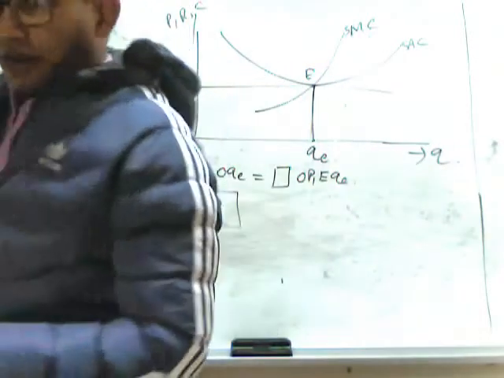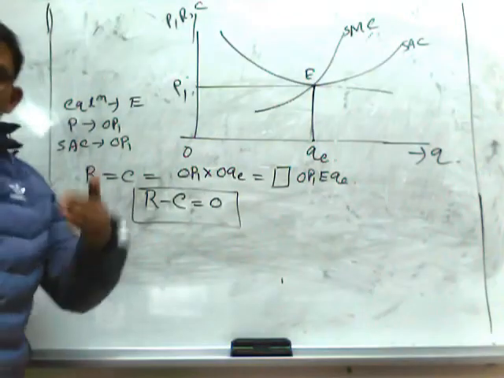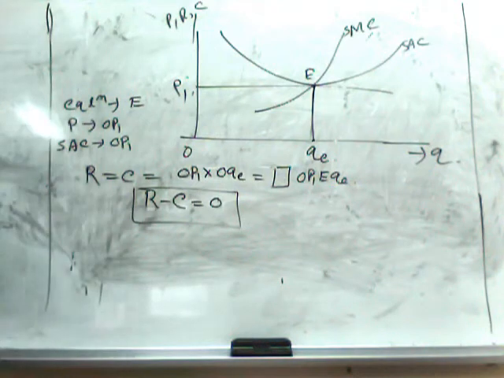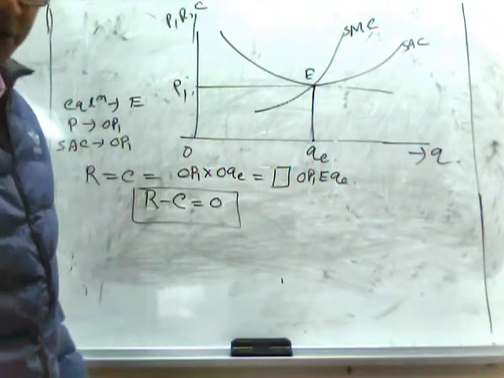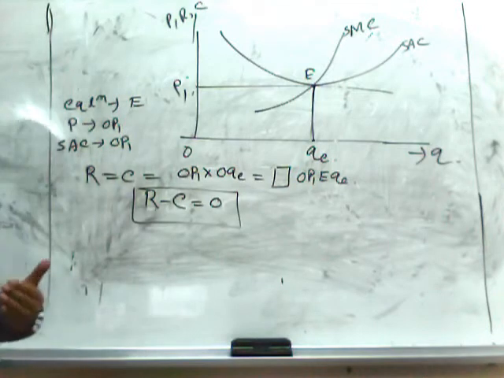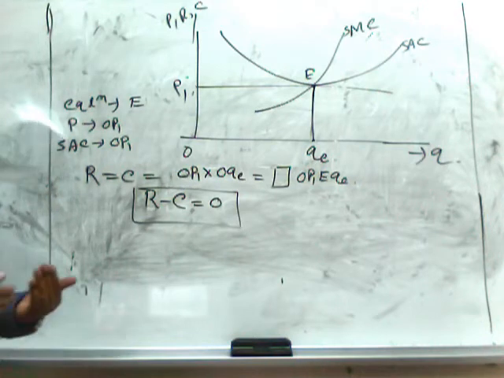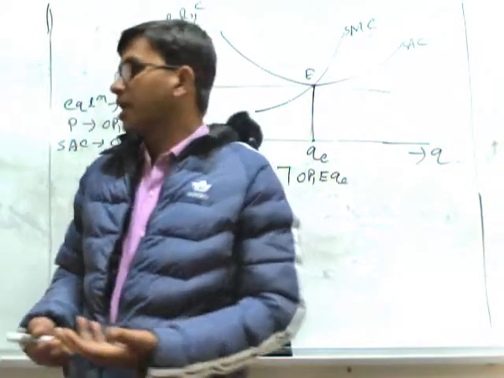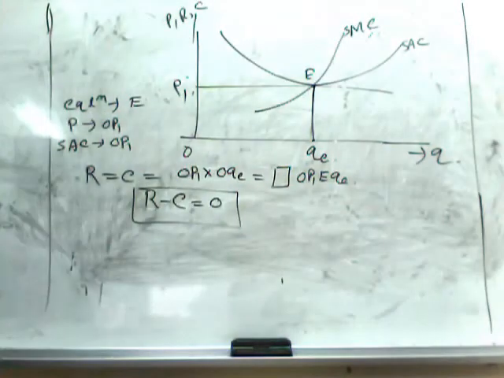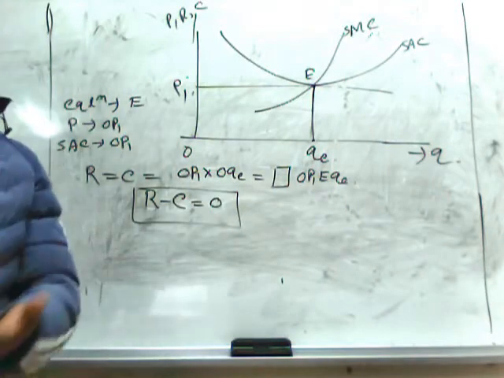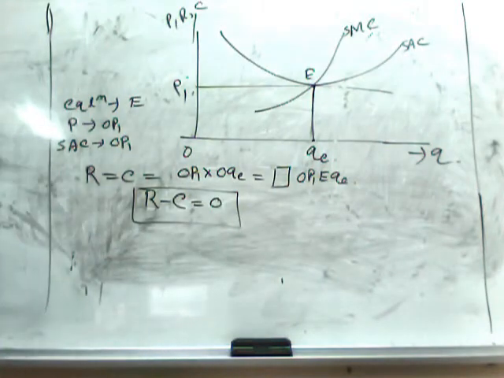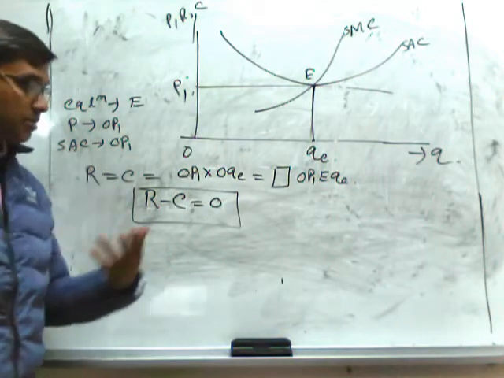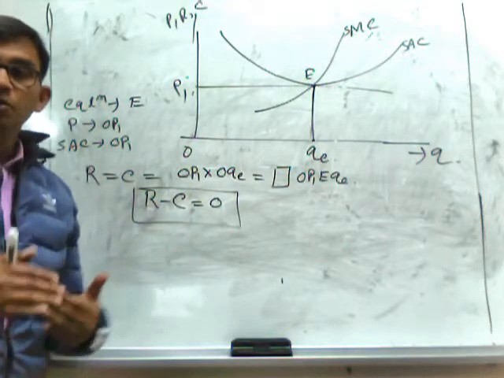The logic behind this is that normal profit is part of the total cost, because whenever the producer estimates the cost of production, he estimates the explicit costs like the cost of raw materials, cost of labor and other costs of machinery. Along with this, the producer also includes the cost of the risk that he bears, the opportunity cost of the time that he devotes to his production. So whenever we are measuring the total cost of production, normal profit is a part of total cost.